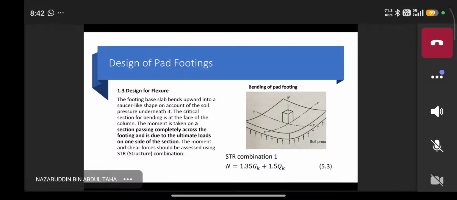And then another thing you have to check in terms of flexural strength. So you have to look at the combination of your load. Normally we have a few combinations of load you have to try, especially when you apply software like Esteem APA